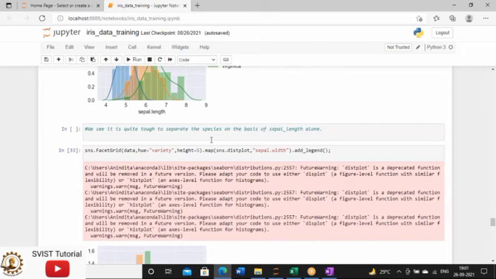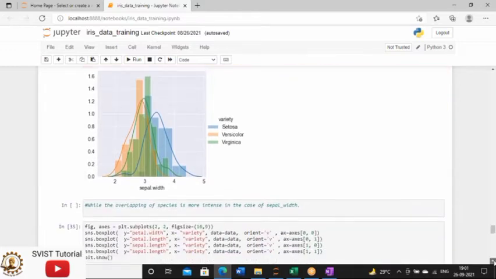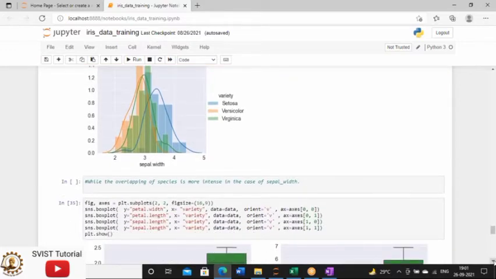Okay, so try to understand, you will get this warning for two reasons. First, the data frame name mismatch, or you have some syntactical mistake. I do not have any syntactical mistake. This is due to the data frame name mismatch.